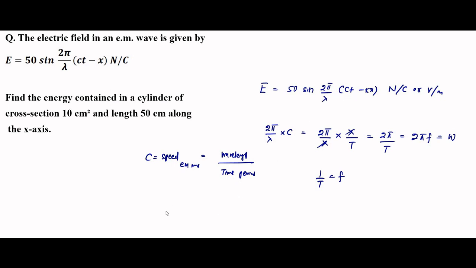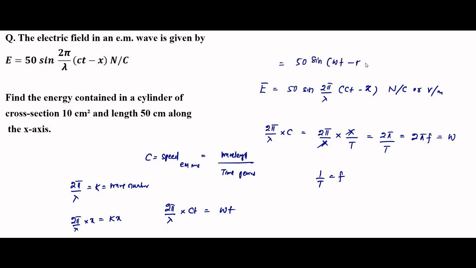So here this 2 pi by lambda into Ct is basically omega t. And also remember, 2 pi by lambda is nothing but the wave number k. Here this is Ct minus x, not kx, just x. So 2 pi by lambda, when it gets multiplied with x, that is basically kx. So this expression can be written as 50 sine (omega t minus kx),